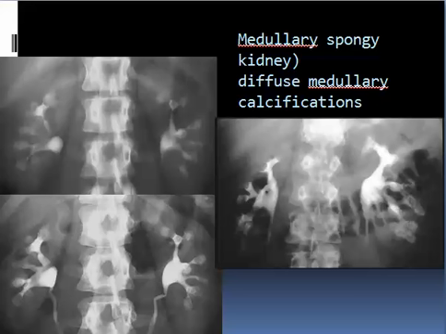Mind you that medullary sponge kidney can affect only one calyx, more than one calyx, half of the kidney, or both kidneys, so there is variability, and we should be able to distinguish medullary sponge kidney from